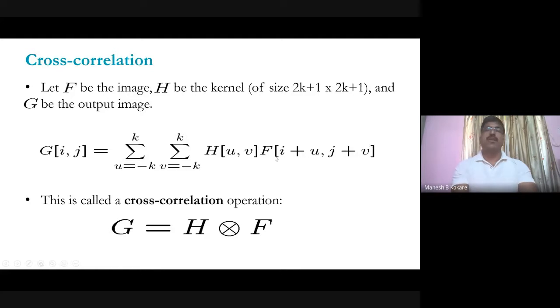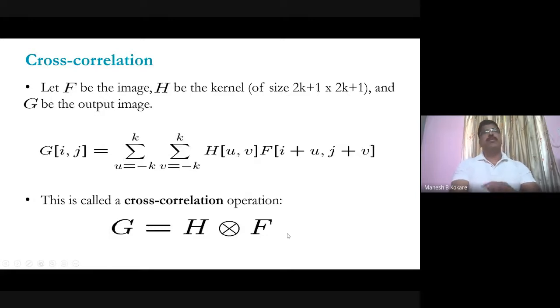And then every time, you have to multiply the weight of the kernel function with the intensity of that image pixel. Then again you consider another weight and another neighboring pixel intensity. So multiplication and addition will be done for the entire window, and whatever value you get will be considered as the filtered coefficient and so on. So this is called the cross correlation, and the mathematical symbol of cross correlation is like this. So g is the cross correlation of h and f.